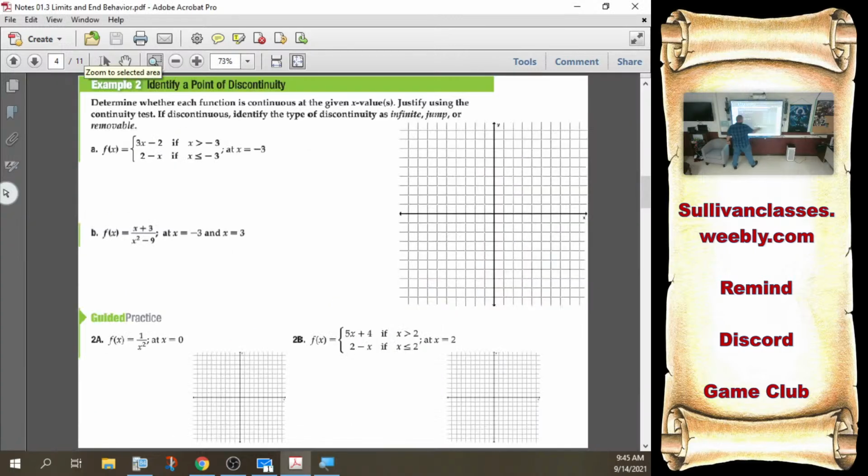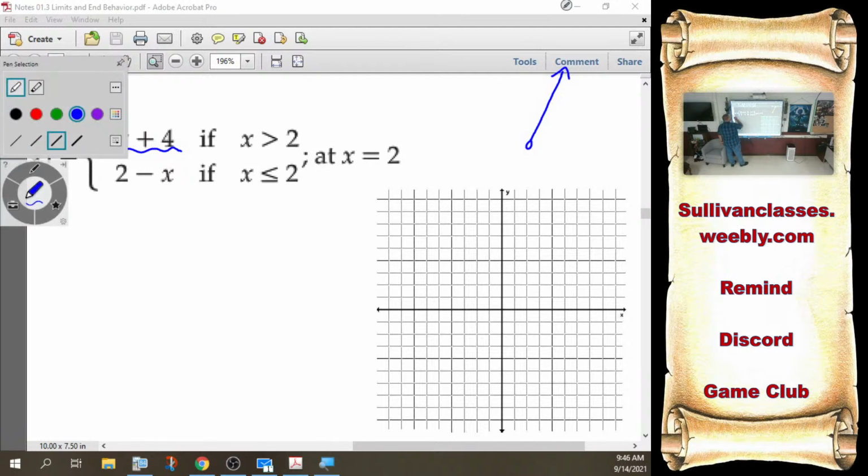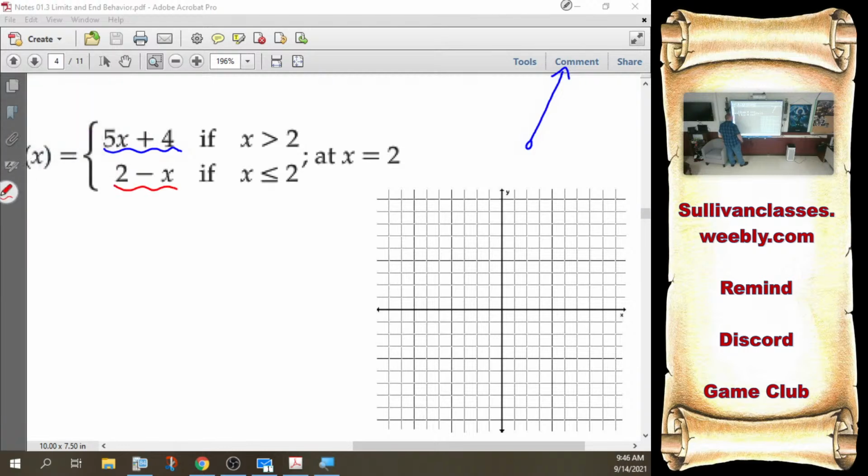Contestant 2. If I follow this one, plus 1, 2, 3, 4, x is greater than 2. Oh, wait. That's like 1, 2, 3, 4, 5 over 1. 1, 2, 3, 5 over 1. Ew. That's like this. Right? It's way up there. And then this guy, negative x plus 2. So, look like that.